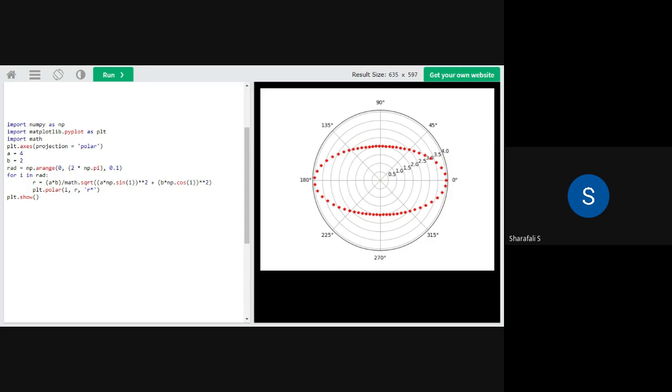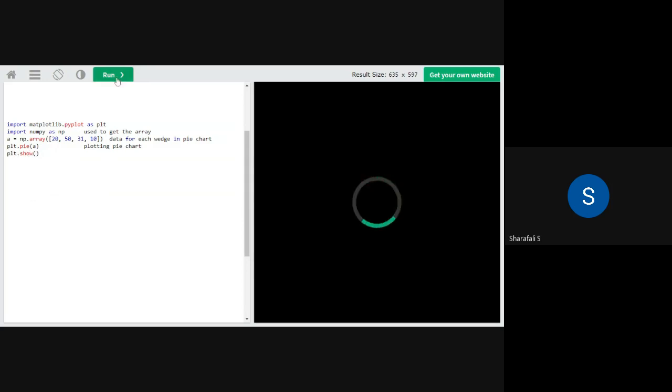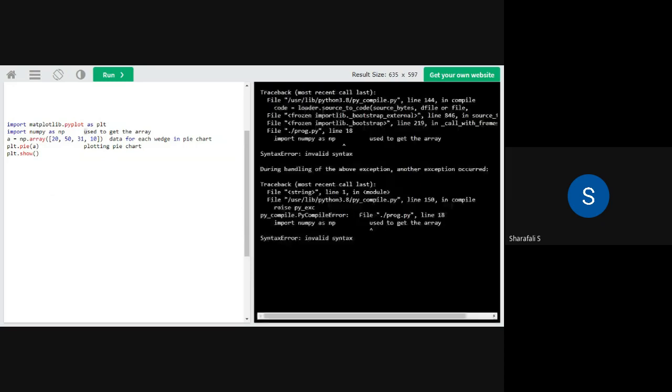Now we will go to the pie plot or pie chart, and I will just copy the pie chart code here. First I will show how we can draw the pie plot simply. So this is the code for that. This is just a pie diagram. I will just run this first. I have to remove these sections. So in this code, you can see I have